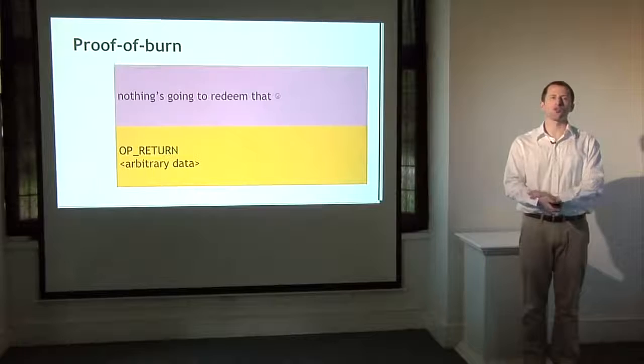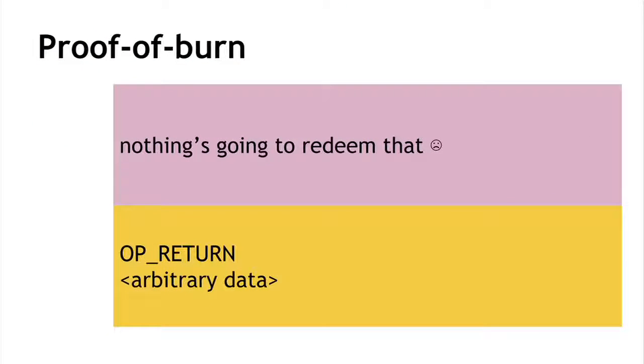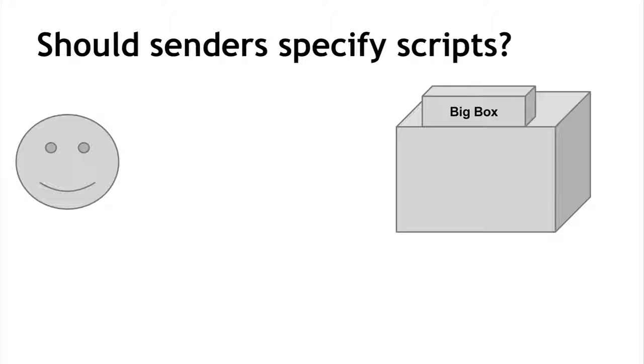The other example of proof of burn we'll talk about in a later lecture on alternate currencies, but it can be a way to bootstrap an alternative to Bitcoin by forcing people to destroy Bitcoin in order to gain coins in the new system. So one thing that's funny about this is that the sender of coins has to specify